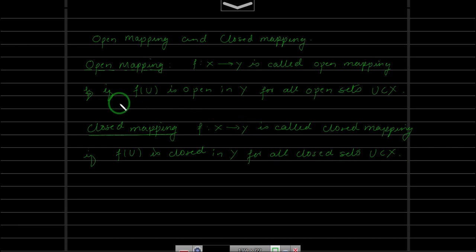Don't get confused between the continuity of a function and open and closed mapping. Let's recall again that we define a function to be continuous when you take an open set in Y, that is your codomain, its inverse image has to be open in X. And equivalently, when you take any closed set in your codomain Y, its inverse image has to be closed in X. But in this case, we are taking an open or closed set in the domain and its image has to be open or closed in our codomain. In that case, we say that the function is open or closed respectively. Okay, so using this open mapping, closed mapping, we can have a statement for homeomorphism.